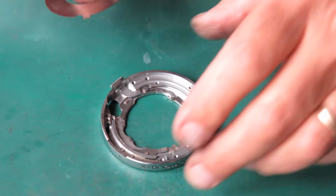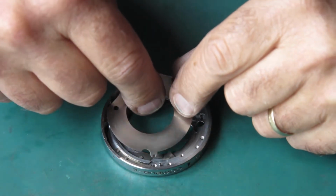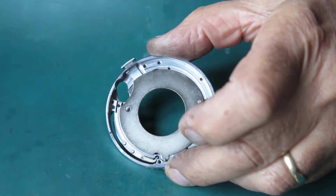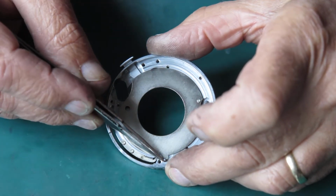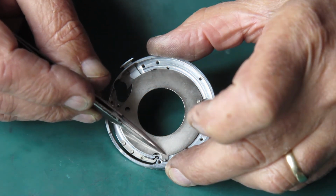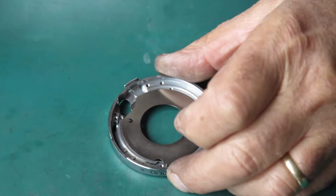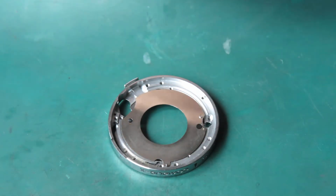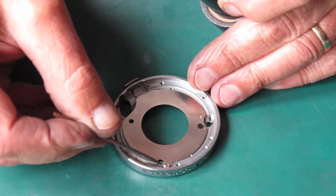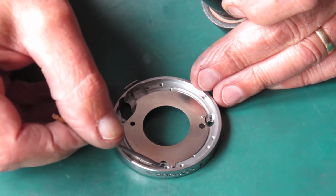Right, well there's the front plate all cleaned and ready to go. I'll put this baffle in place. It only goes in one position. There's a pin right here next to this detent spring. That's where the fork on here sits. Now where that detent spring is, we've got to put the ball on there, so I'll put a touch of